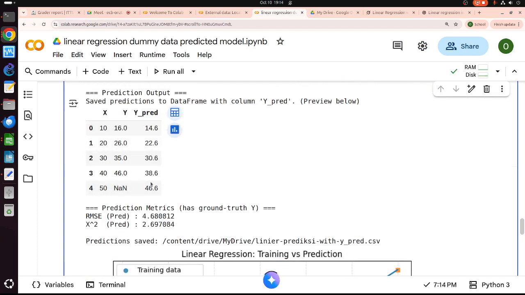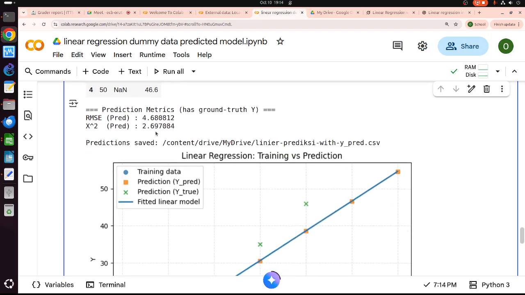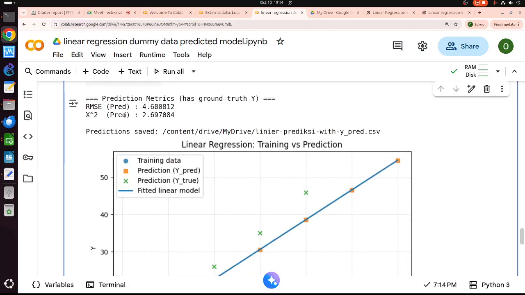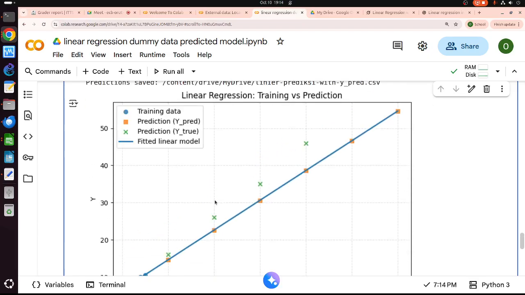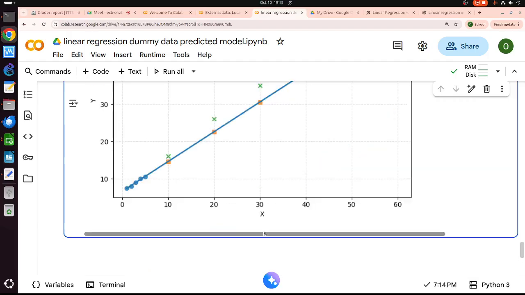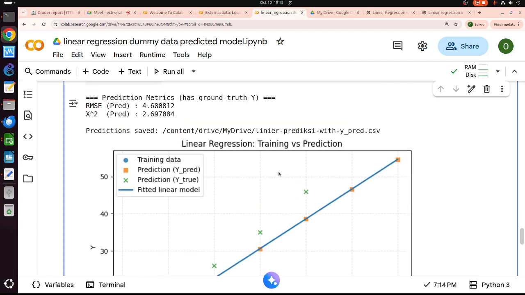Okay, this is the results. So I have one not a number here. So this one, the t square is 2.6. The other one is R square. It's not t square. So basically, wow, it's more fancy. Okay, same result basically.